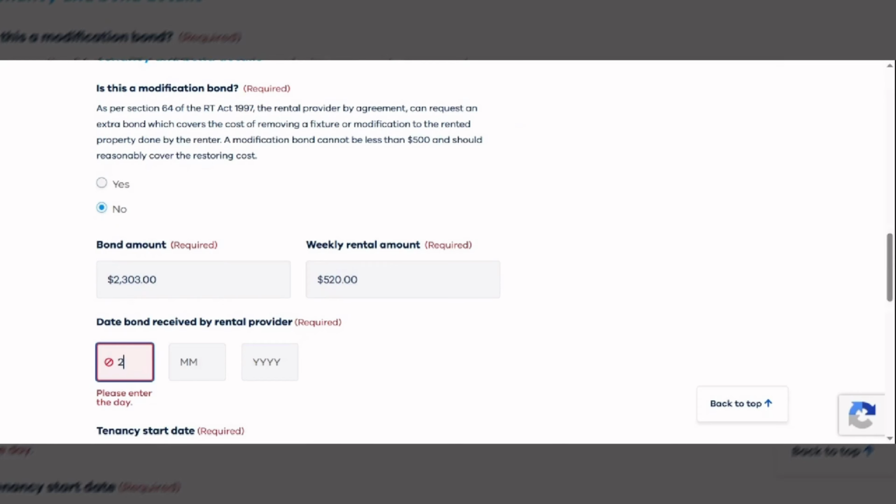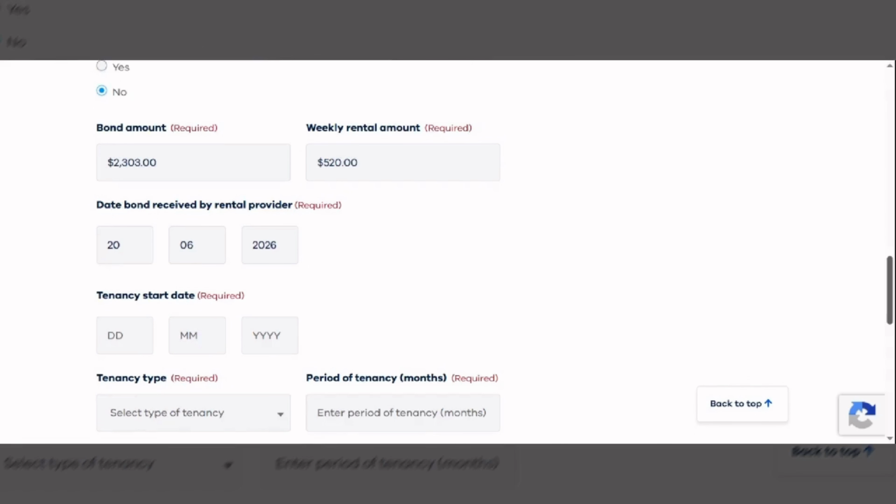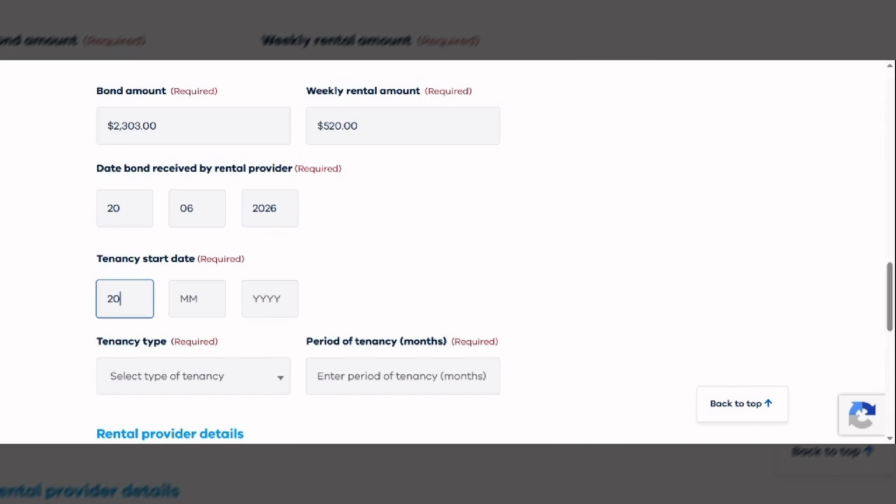Now the date the bond is received by the rental provider should always be the same as the lease start date. Let's take an example. The lease is going to start on 20th of June. Now the tenancy start date will always be the same as the date the bond was received by the rental provider. Now the type of tenancy is fixed, and here I need to mention the period of tenancy in months only. Once I click next,